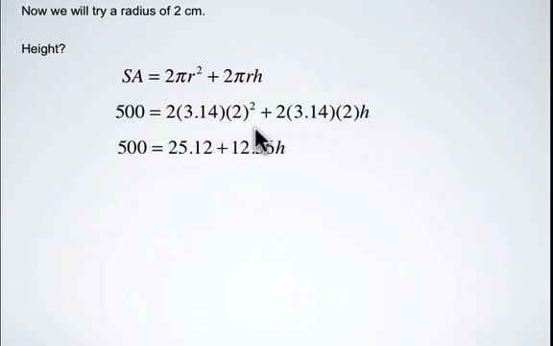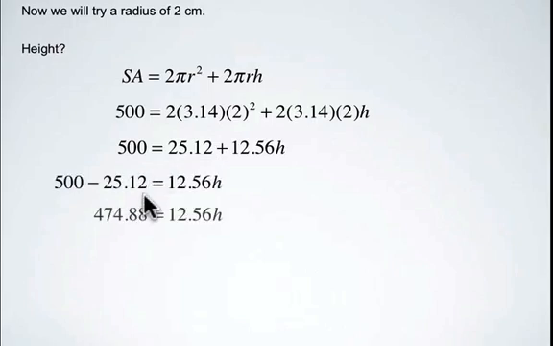If we simplify this a little bit, 2 times 3.14 times 2 squared is 25.12. 2 times 3.14 times 2 times h should give you 12.56 h. Now we need to try and get this h all by itself, or isolated. So the first step is to subtract this 25.12 from both sides. And when we do that, you should end up with